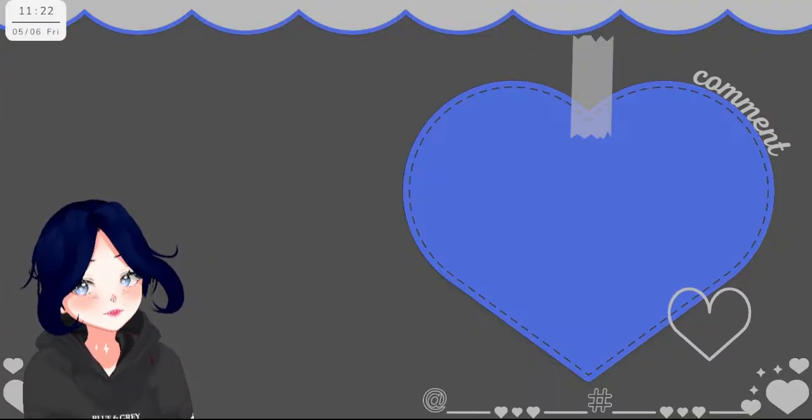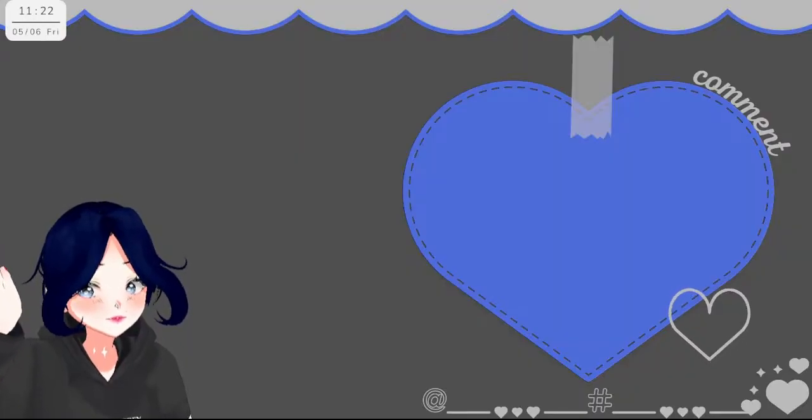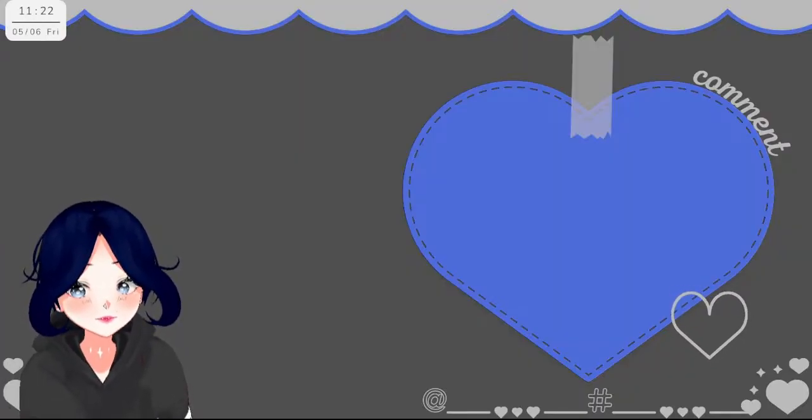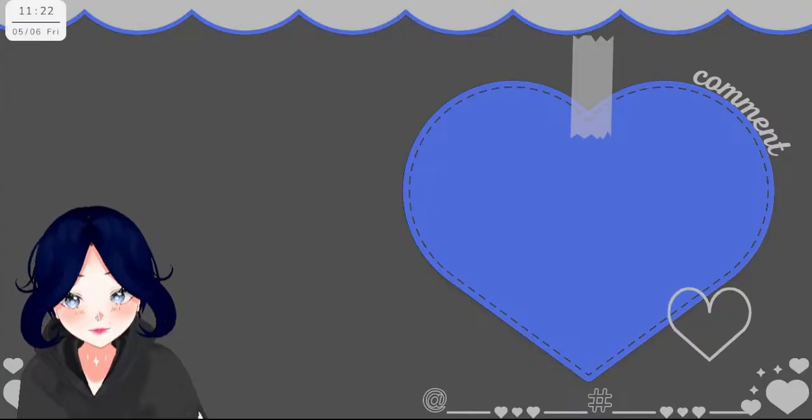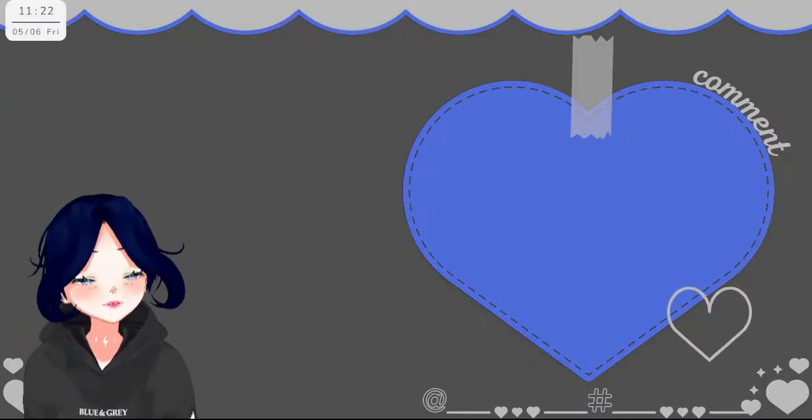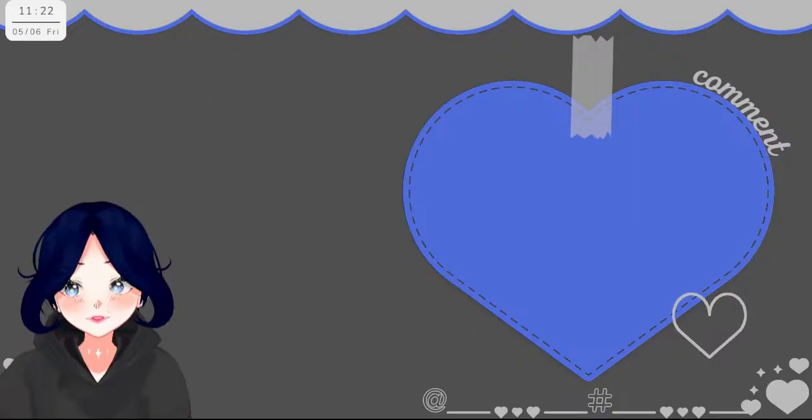Let me close this one. Vroid doesn't open. Okay, I was just too impatient.